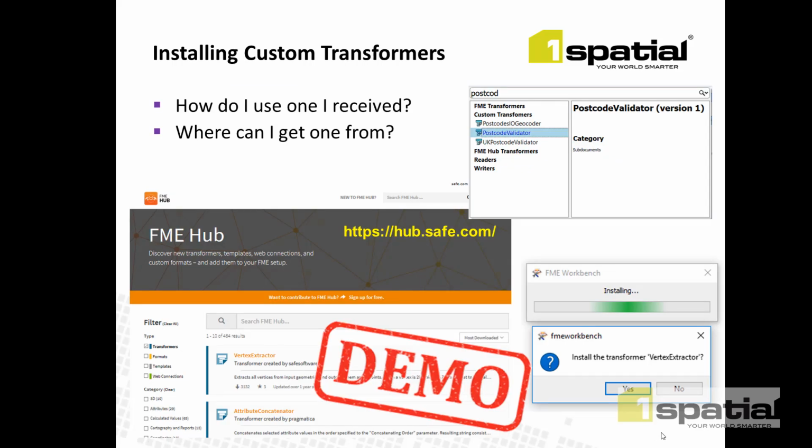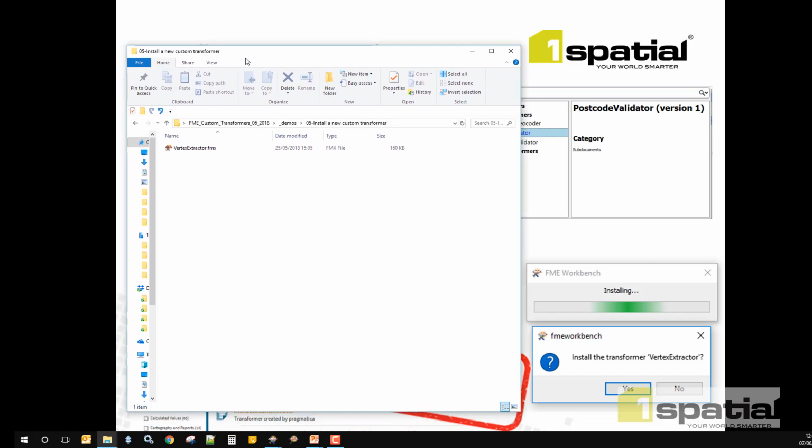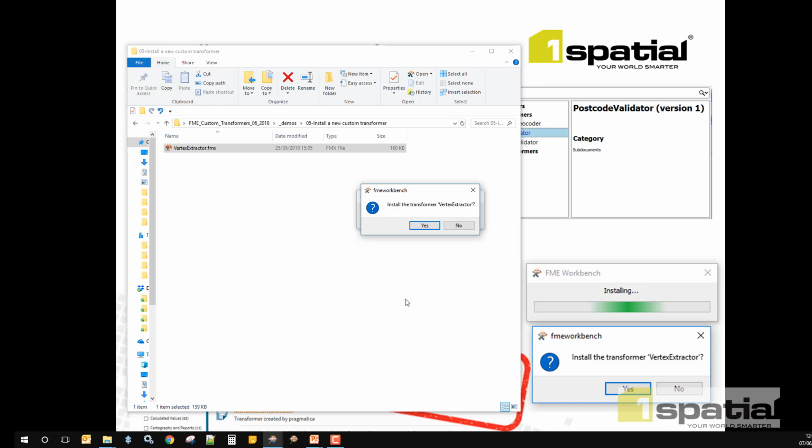So how do you go about installing a custom transformer? Well, here's an example of a transformer that I've already downloaded. I'm just going to go and show you that example here. So there's the Vertex extractor transformer. It's one of the most popular custom transformers that you can get from the FME Hub. If I double click it, it will install it and go and put it into my network share,